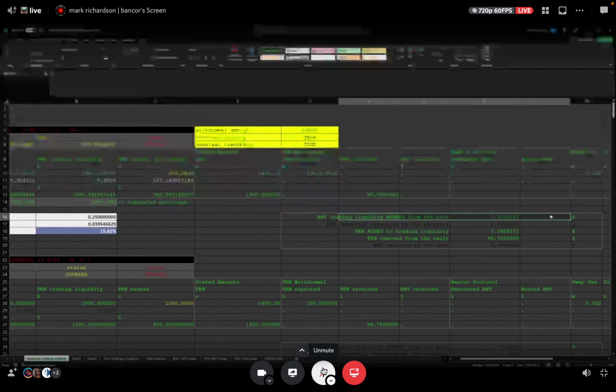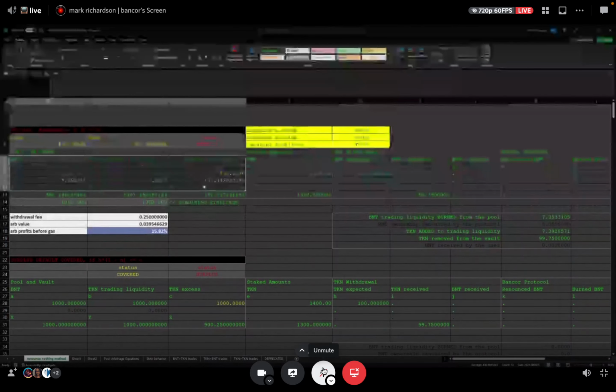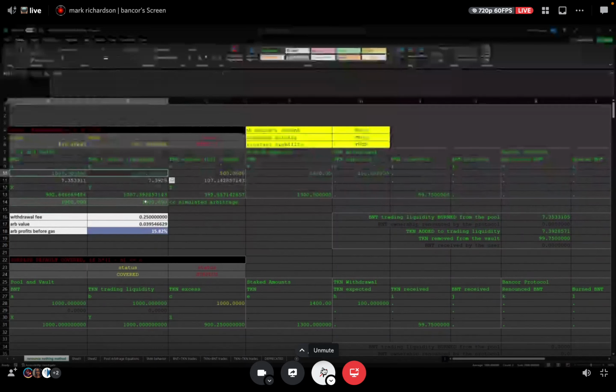Okay, so then what's this parameter here, P? This is the BNT trading liquidity that's actually being burned from the liquidity pool. And this is interesting. So when there's a TKN that's in surplus and someone performs a withdrawal, it actually deflates the BNT supply a little bit. And it calculates this number such that when the pool has these new prices of BNT versus TKN, if we trusted this last price, then we can calculate the arbitrage opportunity that exists here such that the BNT balance and the TKN balance are returned to their initial prices. And